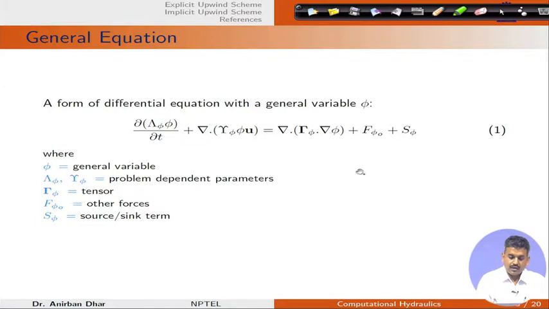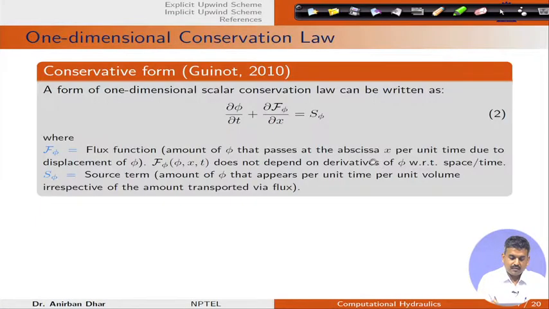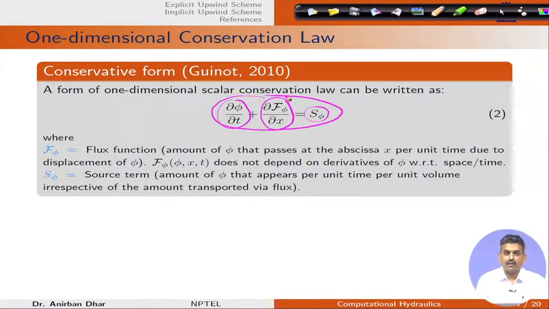So, in this case, the one dimensional conservation law in terms of phi can be written as del phi by del t plus del f phi by del x equals S phi. S phi is the sourcing term, this is the temporal term, and this is the spatial term only in one dimension, that is